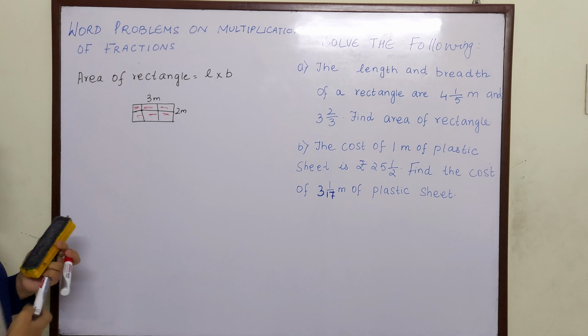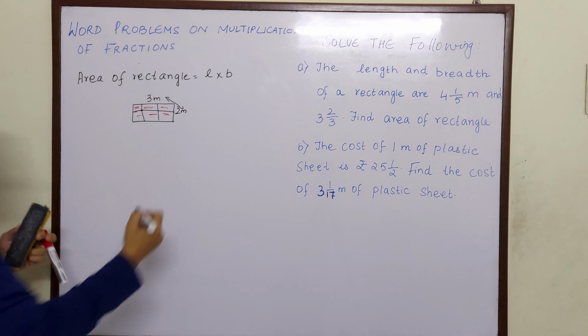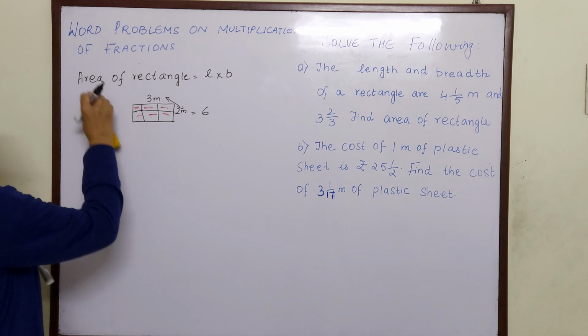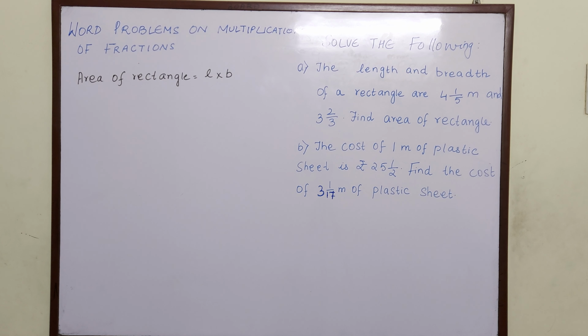And how do we do that? In a shortcut, length and breadth has to be multiplied and we get 3 2s are 6. So in this way, we arrive at the formula: area of a rectangle is length into breadth. So once we have understood, let us go to the main word problem.